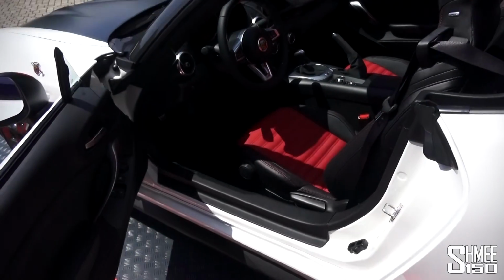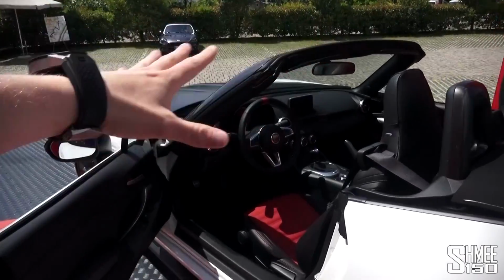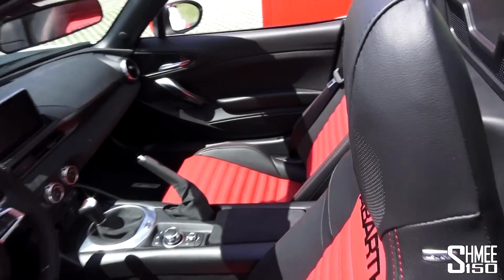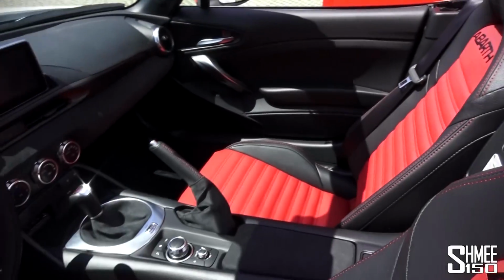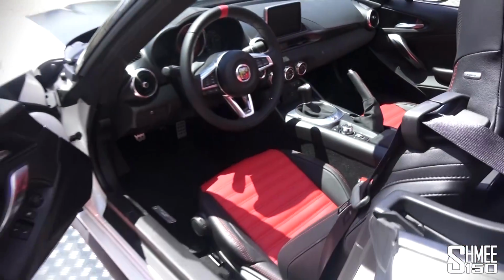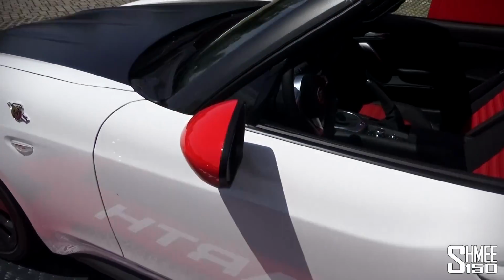The car comes as standard in Abarth trim, very well equipped, all of this sort of electronics and the like, and with this sort of red and black interior, custom for this car. It's quite a cool little plaque there in the center console. You've got the Scorpion here and the Alcantara on the center console panel. We'll have a good look around the interior when I get back from the little drive, but just sort of